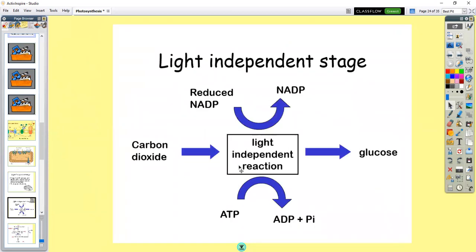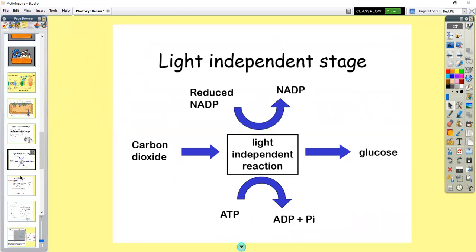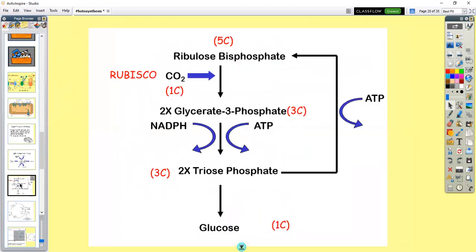Essentially, with the light independent stage, you've got carbon dioxide as the input, and it's fixed along with the breakdown of ATP and the hydrogens and electrons which come from reduced NADP, and then it allows molecules of glucose or organic molecules to be produced. Okay, it's known as the Calvin cycle. So we start with, within the stroma, you have a 5-carbon molecule called